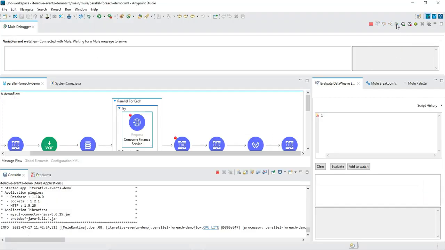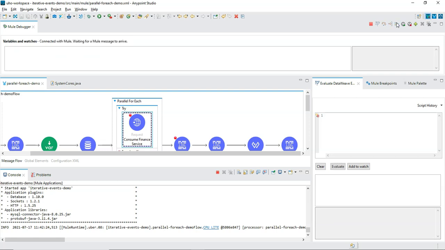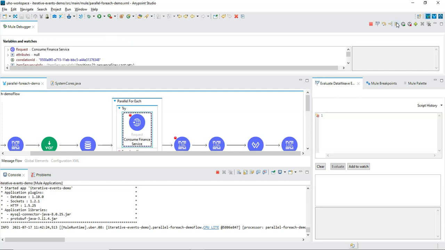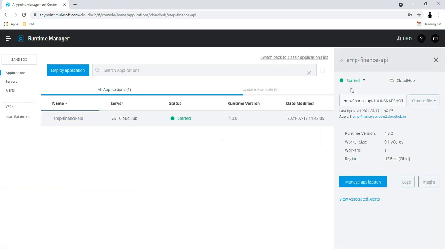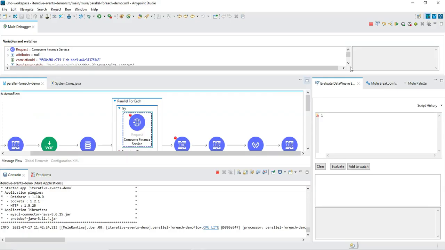Request came 1, 2, 3, up to 20. Now let me stop the service back. The application has stopped. Now let me continue the execution.